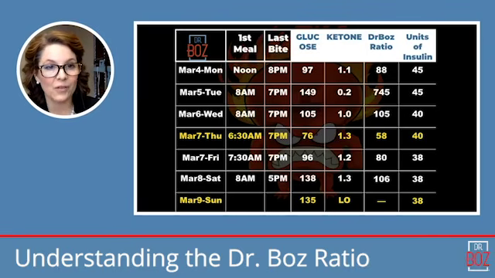So getting her meal in before supper time, having the last bit of food at least into her stomach by 7 p.m. And you look, last night she was able to take her last bite of food at 5 p.m. She woke up this morning and had a blood sugar of 35, and her ketones were low.